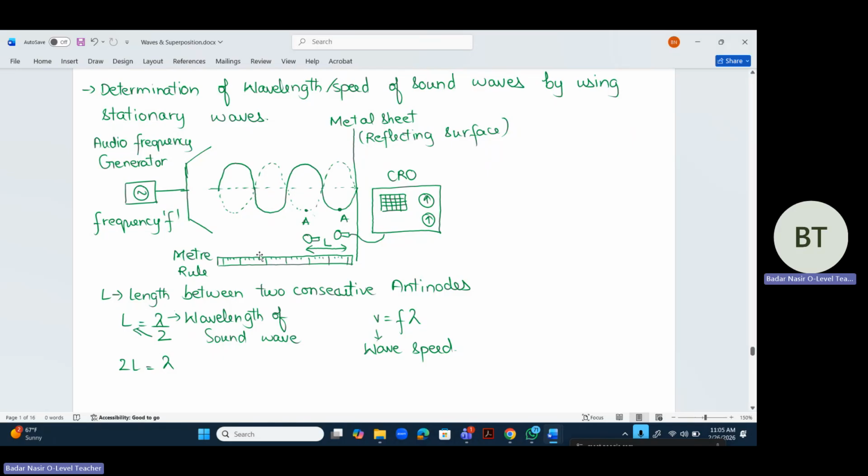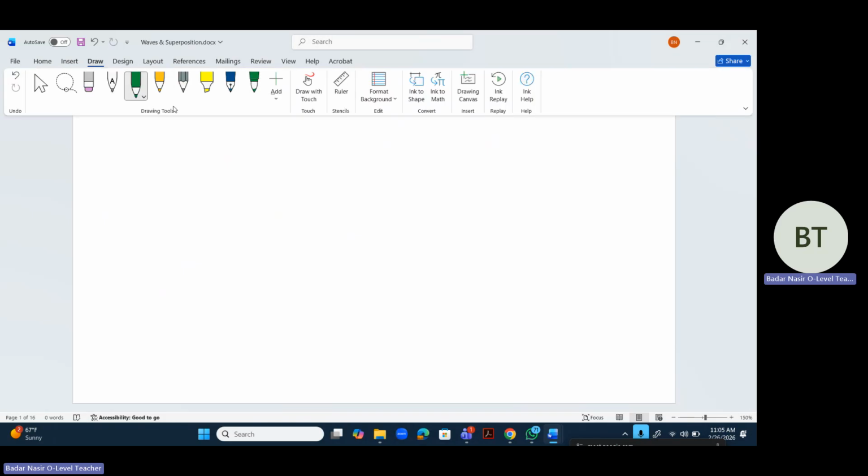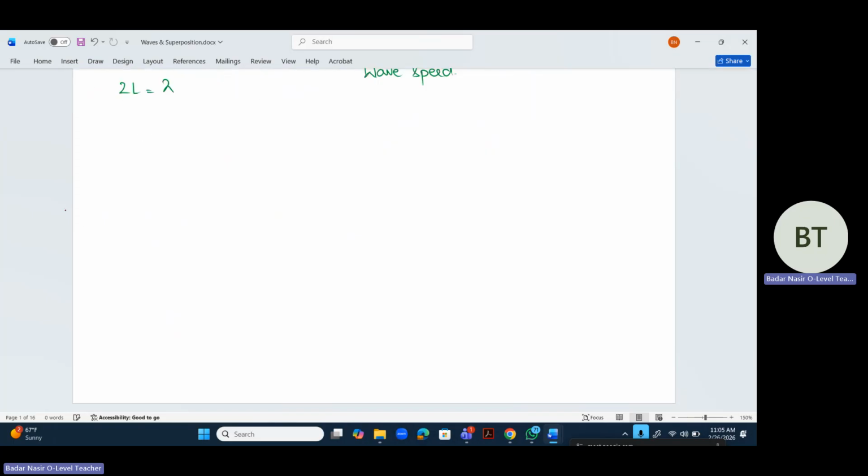ओके, चलो. So let's just talk about the next experiment. ठीक है, and the next experiment is stationary waves in strings. ठीक है, so let's just talk about the stationary